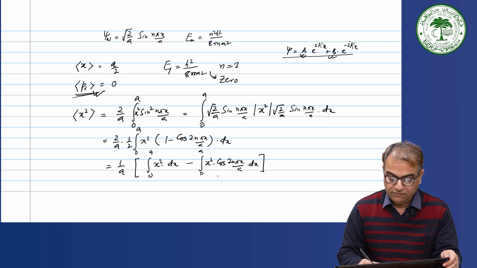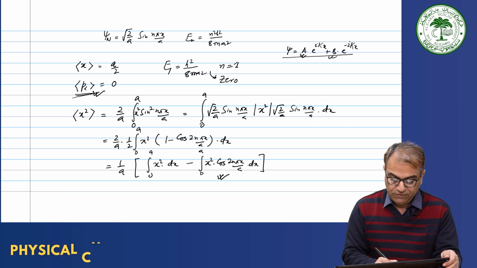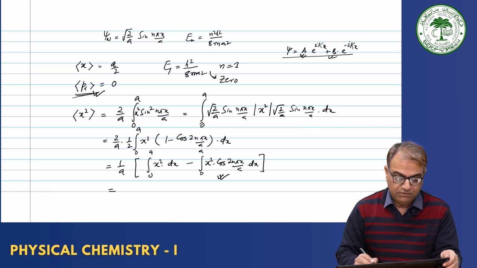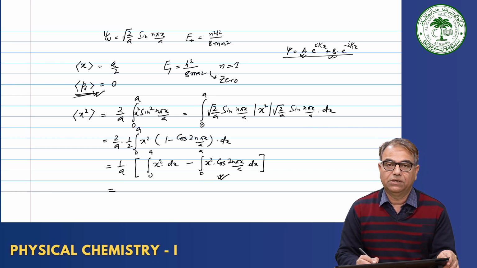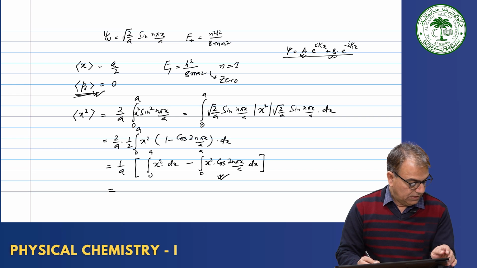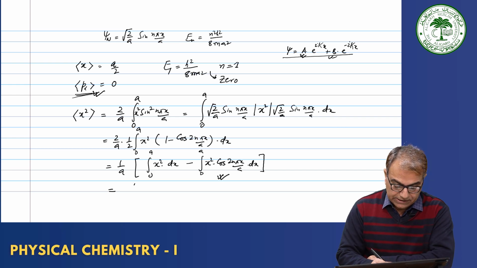This you will do yourself, it is integration by parts. The first gives x cube divided by 3; if you put the value 0, it will be 0, and if you put the value a, it will be a cube divided by 3. So if you solve this equation, you get the square of the position,